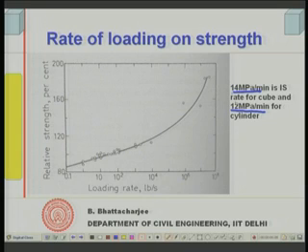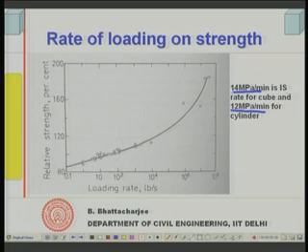So, the machine must apply the load at this rate, and it must be a machine capable of controlling the rate of loading. If it is not capable of controlling the loading and it is being done manually, this may result in some sort of error in the measurement. But even very old machines are capable of controlling this rate. Cube compression testing machines are capable of controlling rate. Only thing, they should not be manual. Even mechanical devices are capable of controlling the rate.